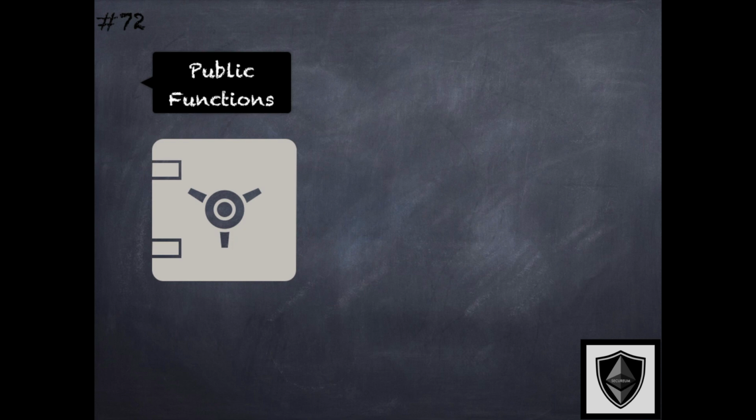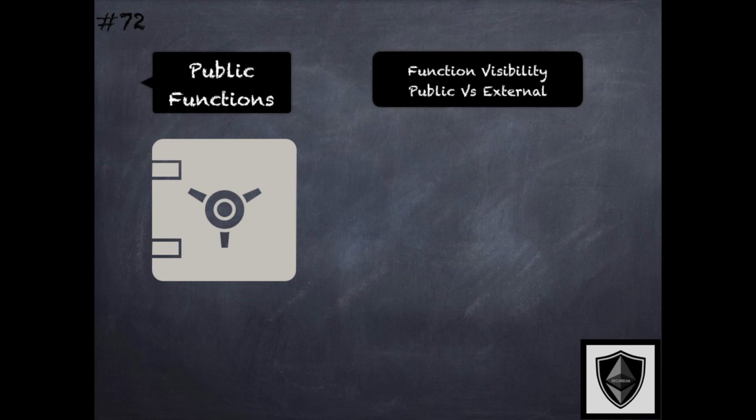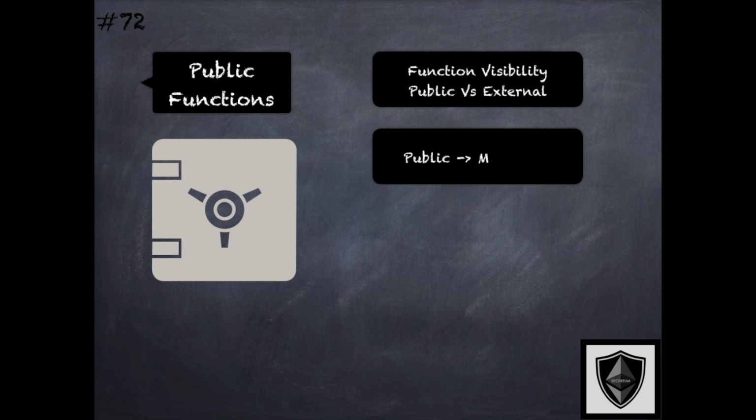This best practice is related to the use of public functions in smart contracts. Recall that Solidity has the notion of visibility for functions. There are 4 visibility specifiers: internal, private, public, and external. This particular best practice is related to the use of the public visibility versus external visibility. Public functions